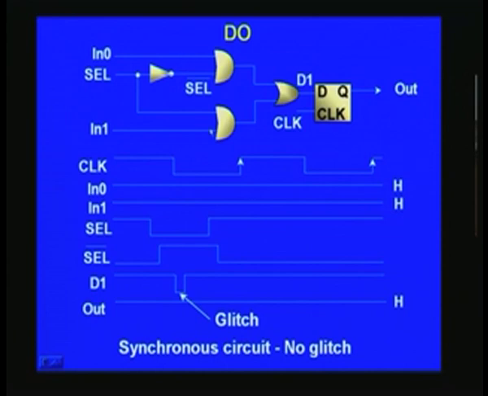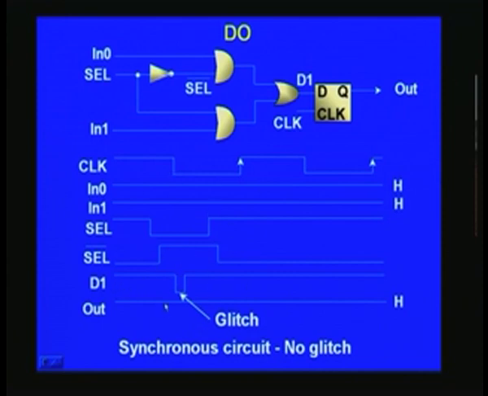Frequency of operation is governed mainly by the total delay that you encounter in a combinational circuit, and if you take this into account, then you can always condition your whole circuit in such a fashion that whatever glitch appears will be ignored, and only the steady state value is registered. For instance, in this particular case it will be registered only here, and we make sure that all these unwanted signals such as this glitch